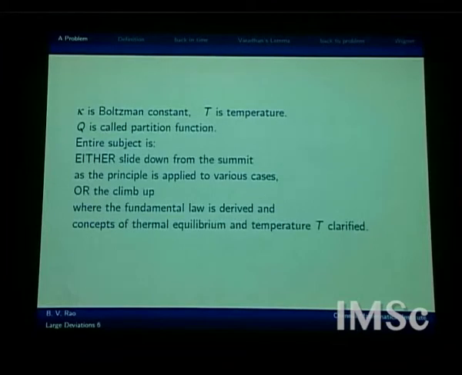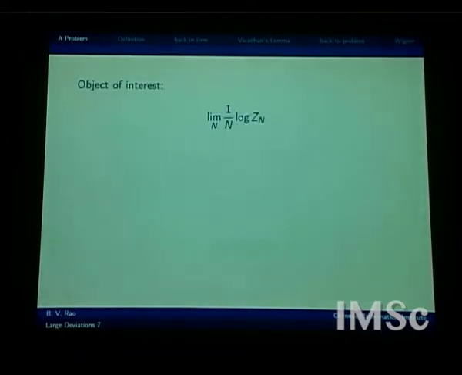Incidentally, the negative sign there reveals the fact that the lower energy is what is preferred. Okay. All right. So, the object of interest as far as we are concerned is to calculate this limit, 1 by n log Zn. All right. Now, what is that? It is simply,